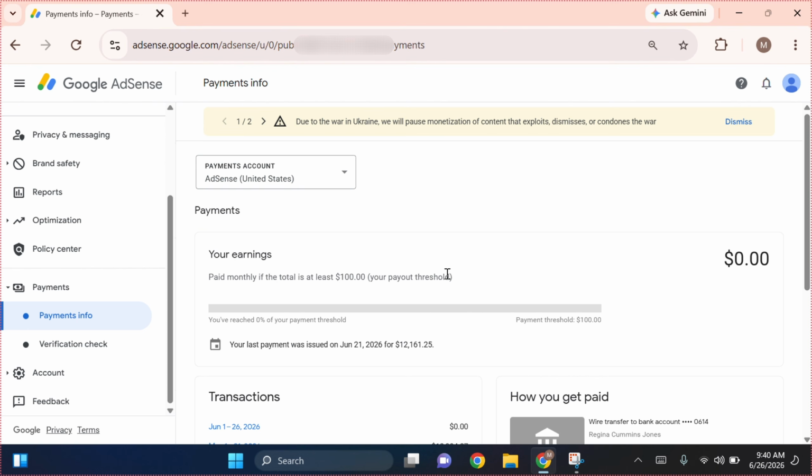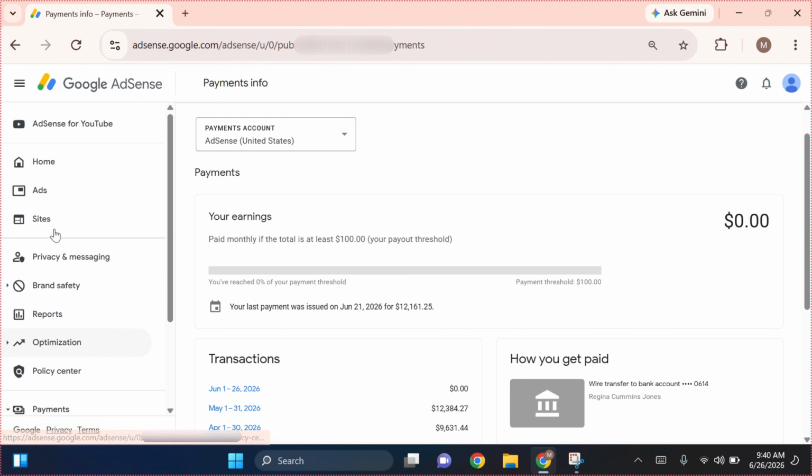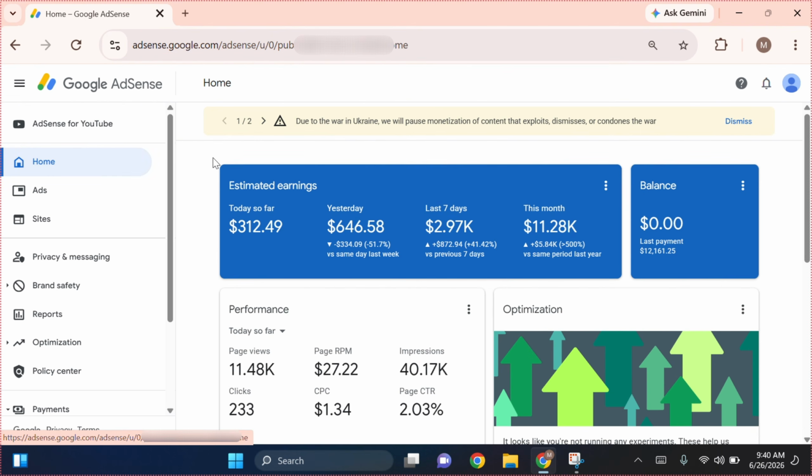So let me show you guys this one. Over here you can see it received a payment of 12,000, though we had some little deductions on there. You can see what was in the balance, and you can see what was paid. So this account is also a strong account I'm working on. You can see over here on the screen what we have done so far on